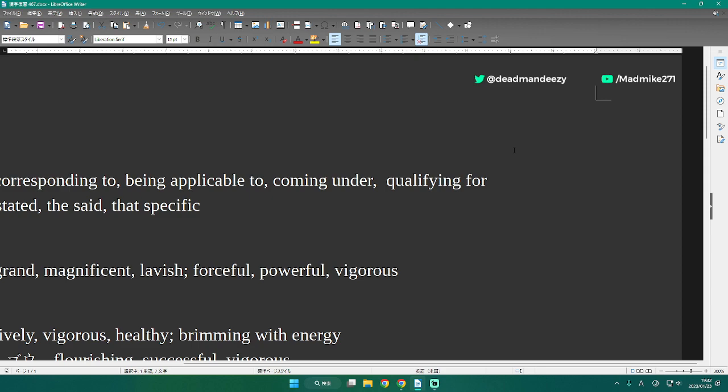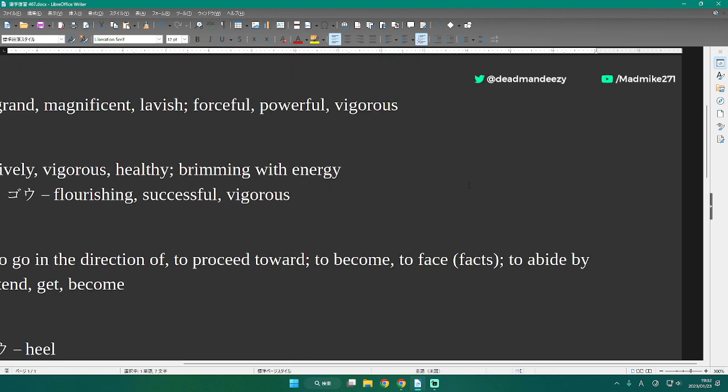With the aforementioned said, on the left, and on the right side we have to for appropriate. Gaito is corresponding to or applicable to, qualifying for. Grand, magnificent, or lavish is